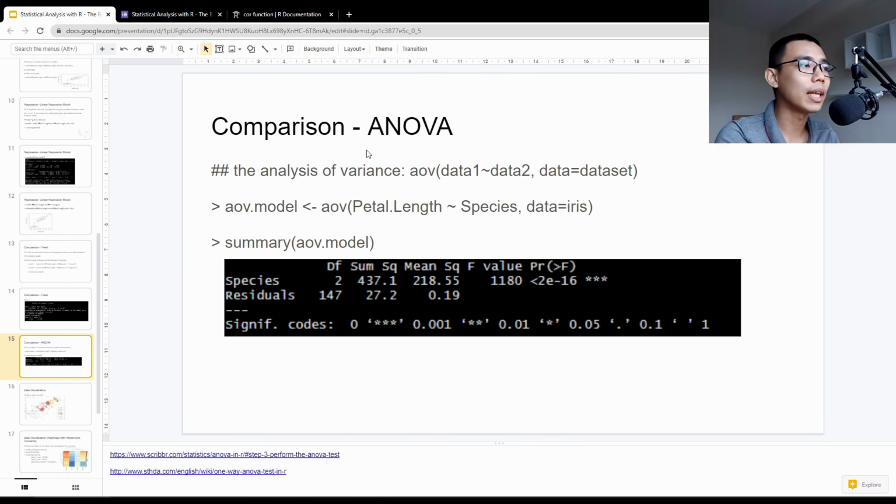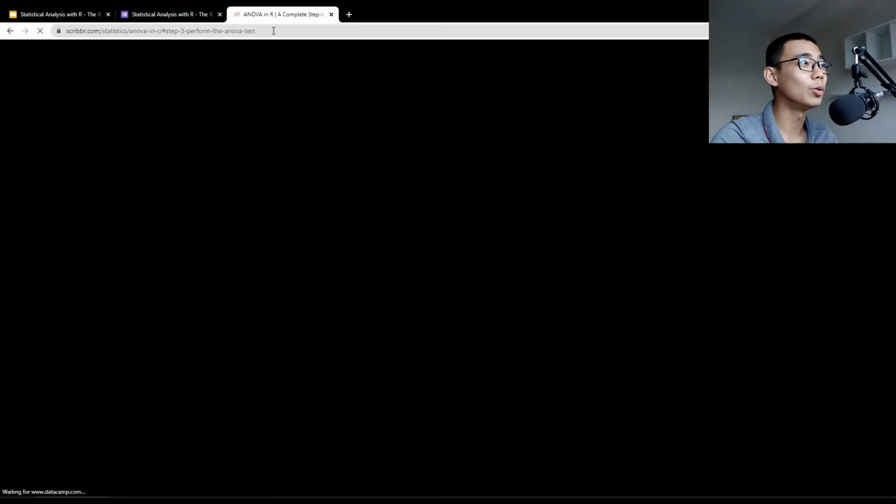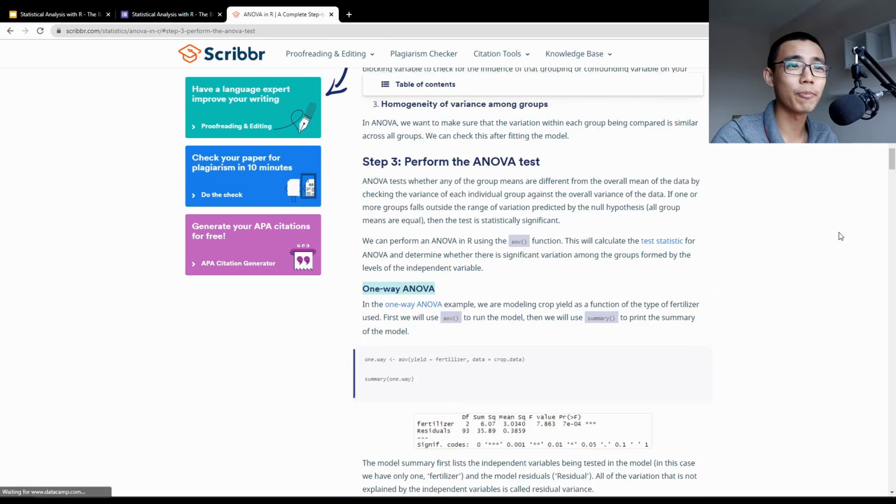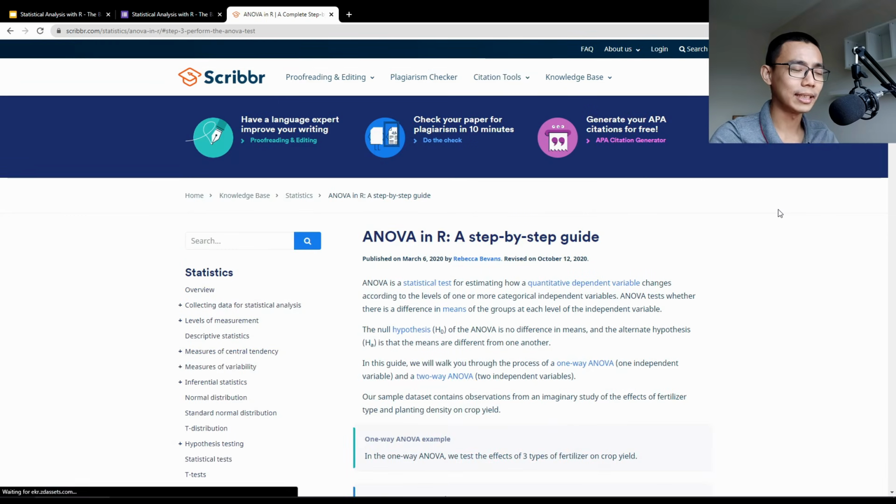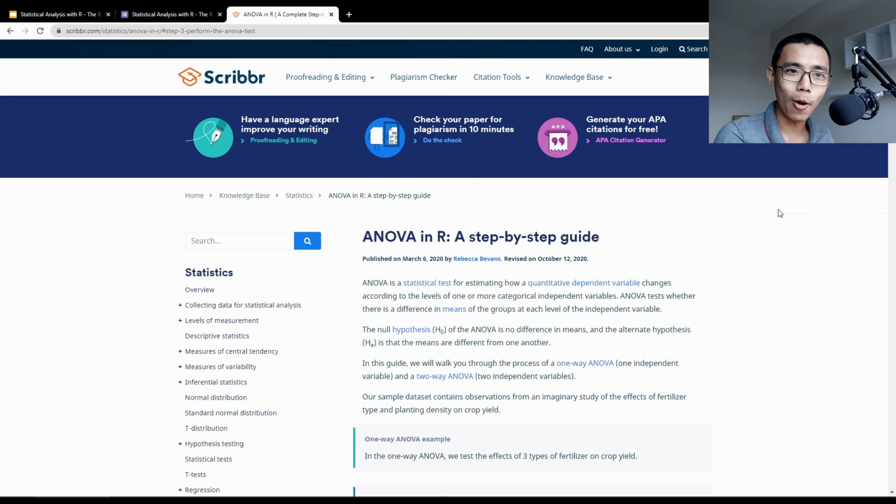Okay, so the next one is actually ANOVA. People always ask what is the difference between ANOVA and t-test, and to put it simply, ANOVA is able to run more than two sample sets. Again, it's a massive simplification. And if you do want to know more about the difference between ANOVA and t-test, you can actually